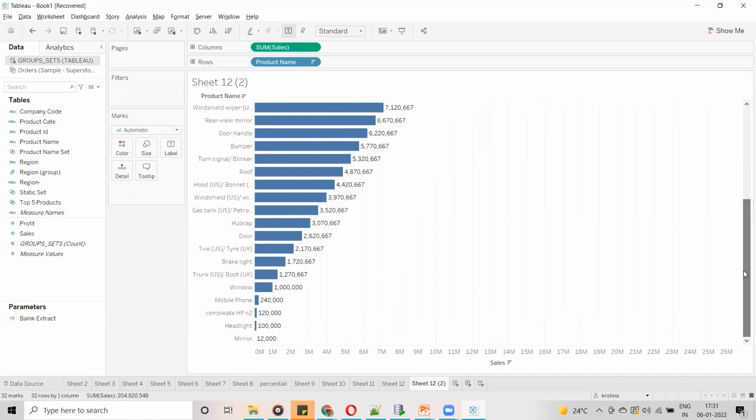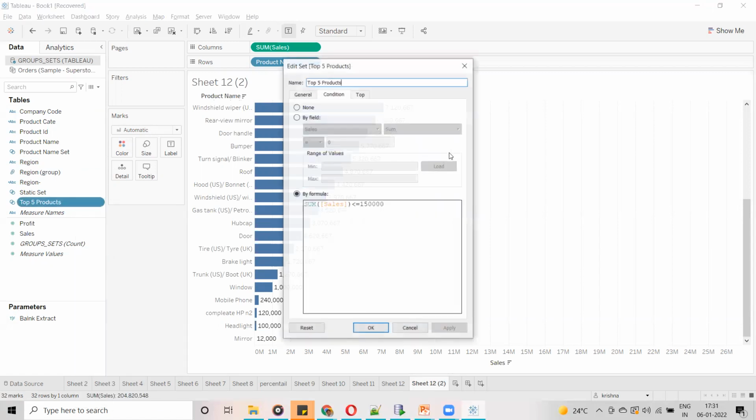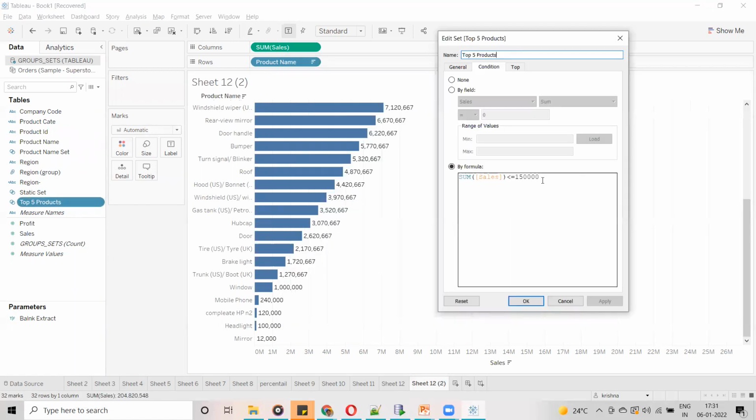What is the condition I have written? 1,50,000 or something, right? So 1,50,000 I have written. Let me edit this set. This is the condition I have written, 1,50,000. So first it is going to validate this calculation.